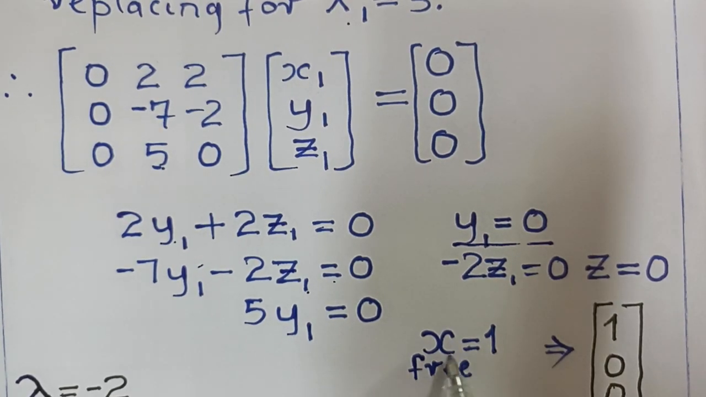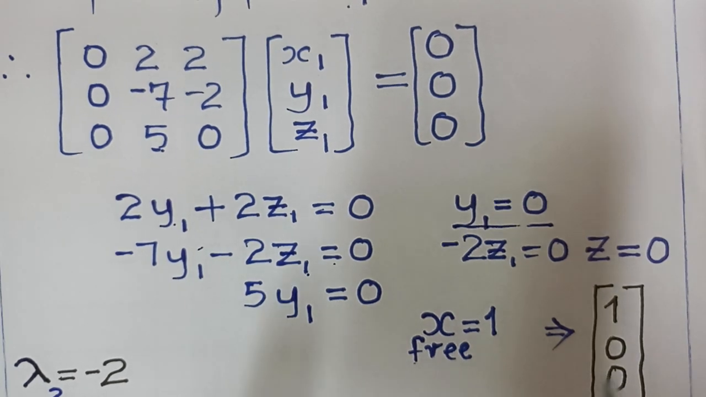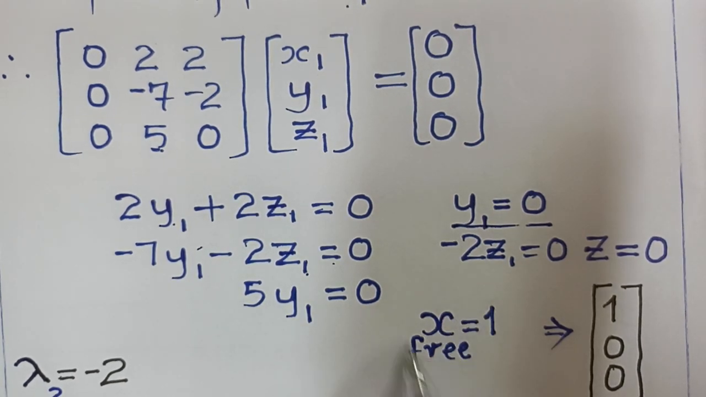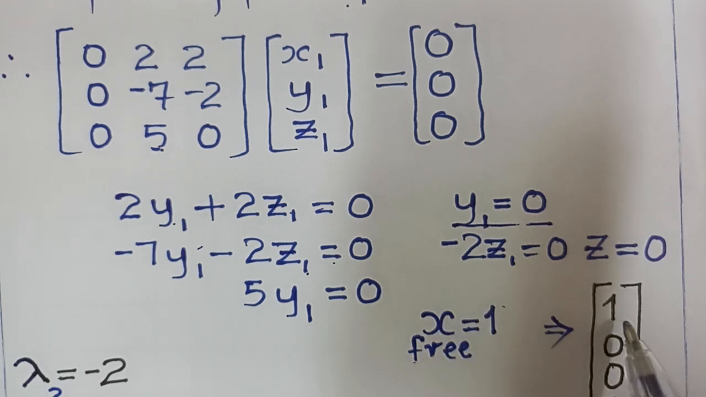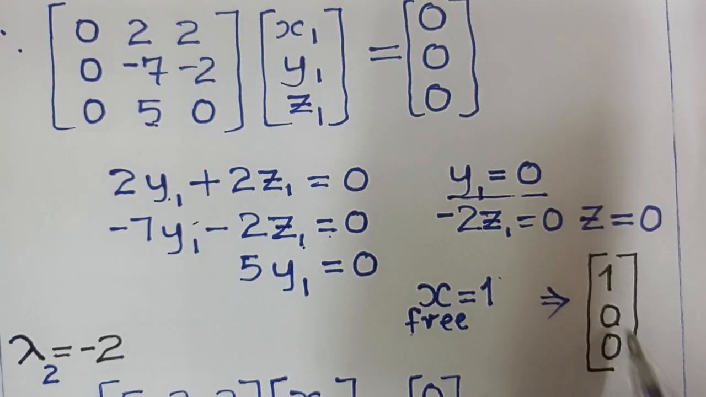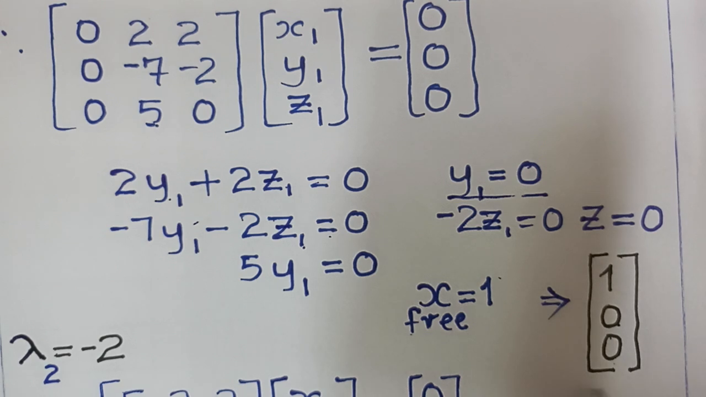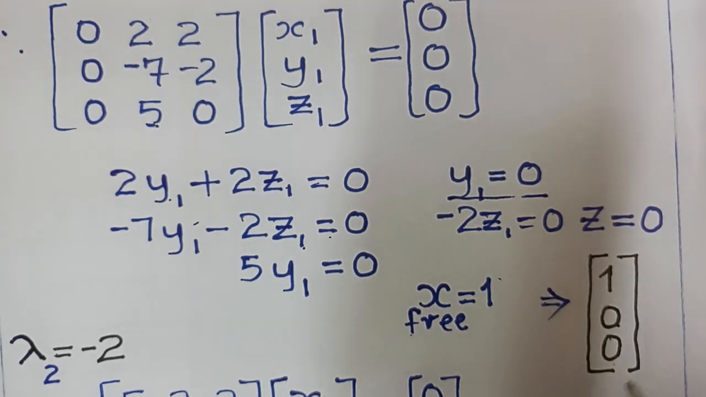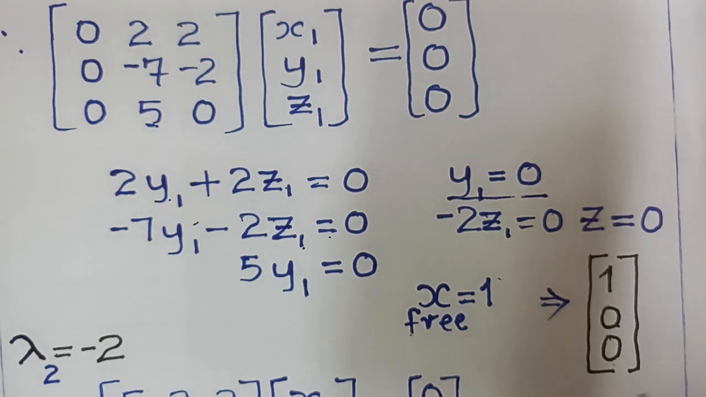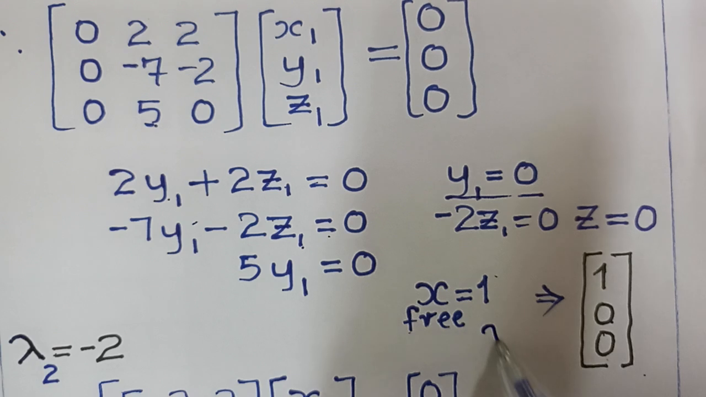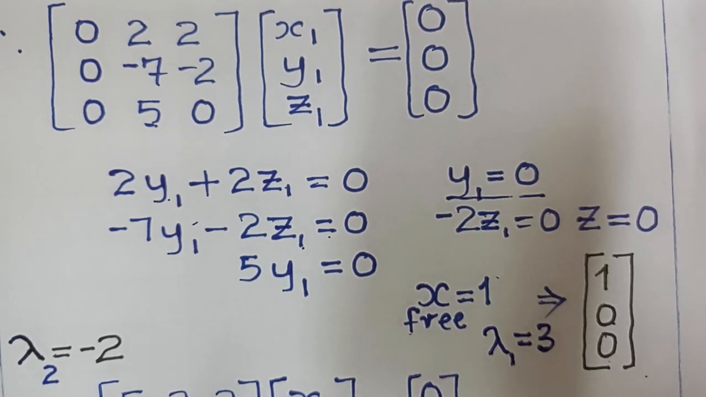Guys, the value of x is actually free. It can take any value. So we now put the least positive value, and that is 1. The other values are 0 and 0. So guys, this is the corresponding vector. This is the eigenvector corresponding to eigenvalue 3. Now we go to